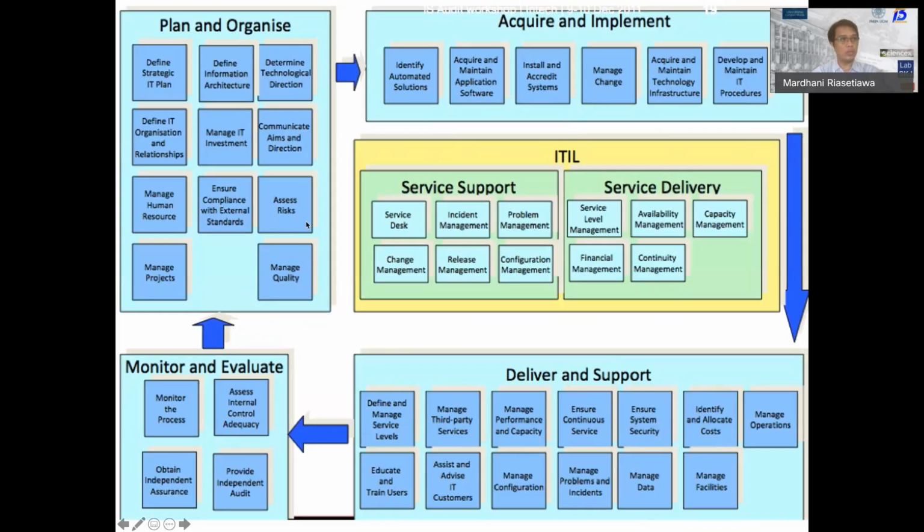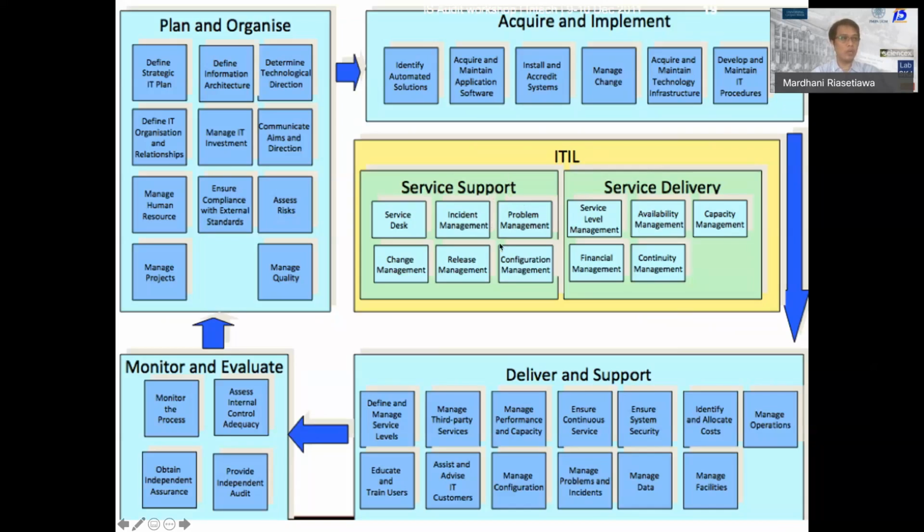Of course, this standard, COBIT, as you can see from the word, mostly works on the governance and management processes. So in a very technical way, we need another standard. For example, the Information Technology Infrastructure Library will fulfill the gap at the technical level. For example, for service support, we need to have this one, and also we need to have a service